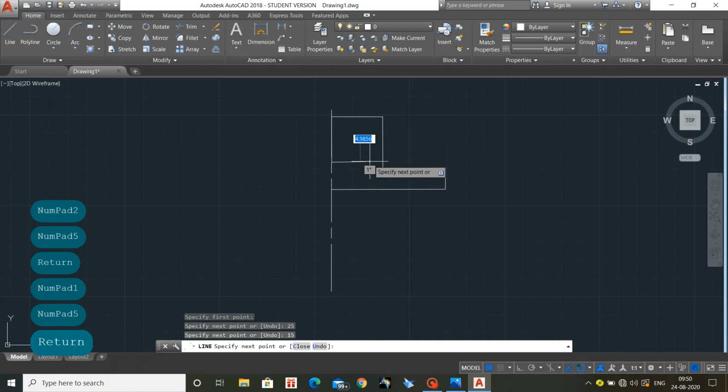So I have not verified the angle here. So I am constructing it again. So the height is 25. There is small deviation in the angle, right?